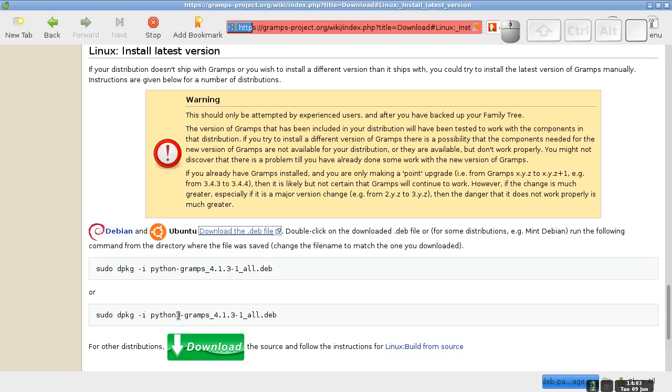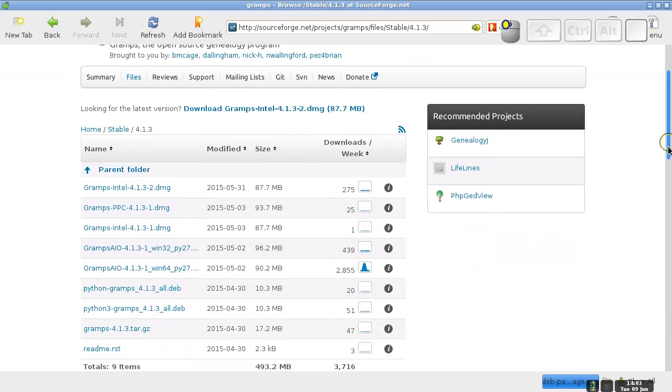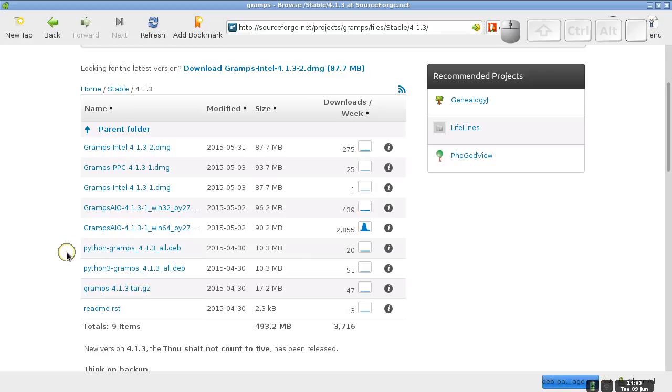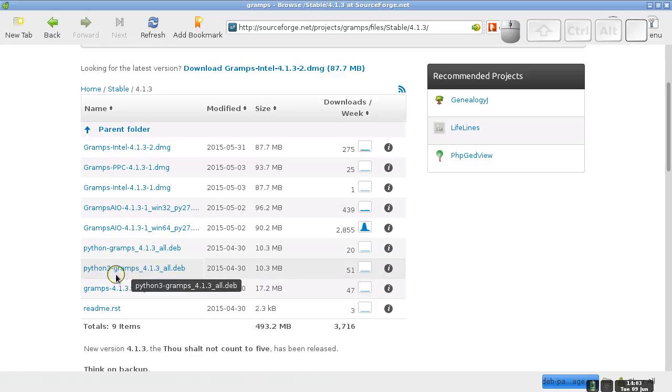Now we're going to have some choices here between Python and Python 3. Okay, and we have some choices between do I want the source or the Debian, but I'm going to make sure I choose the correct one for my system, which is going to be this one here, Python 3 Gramps. This other one, Python Gramps, would also work in most cases. That's going to use the 2.7 version of Python. But I'm usually kind of forward thinking with my software, so I try to get it running on the most recent versions of things. So that'll be Python 3 in my case. So here we go. I'm going to click on Python 3 Gramps,